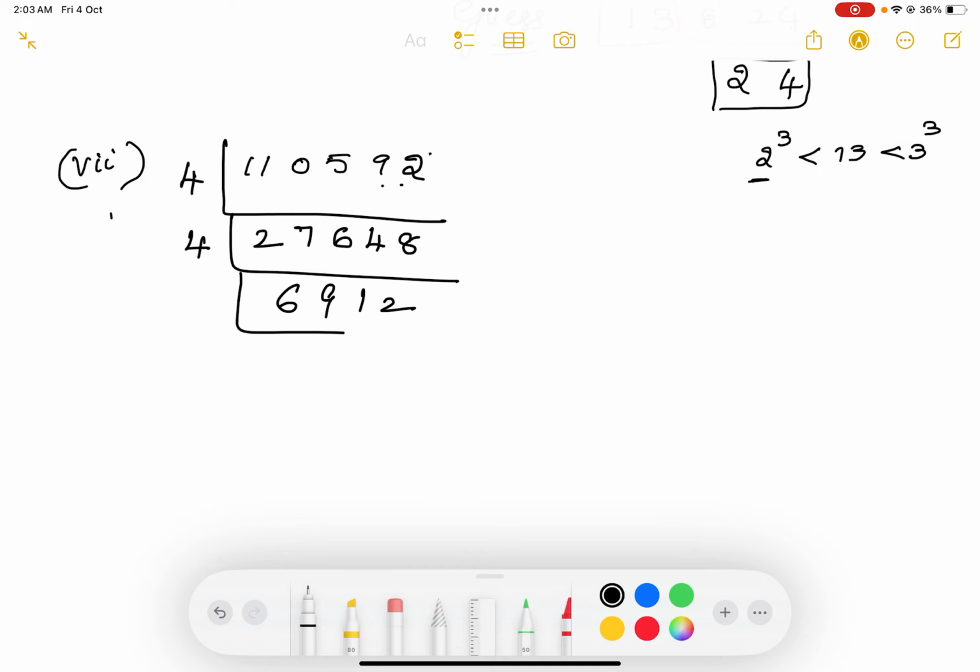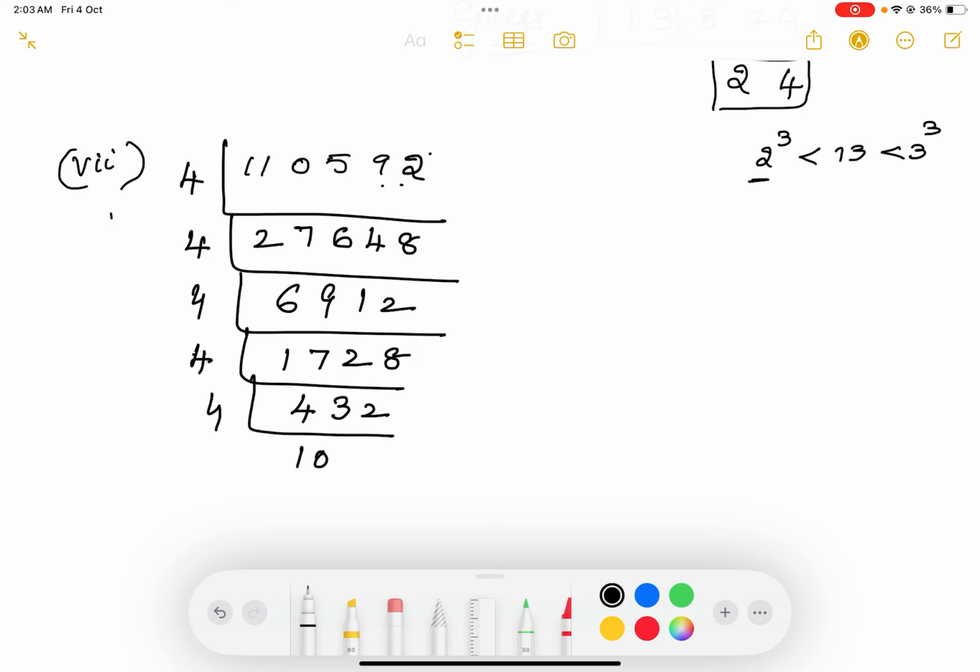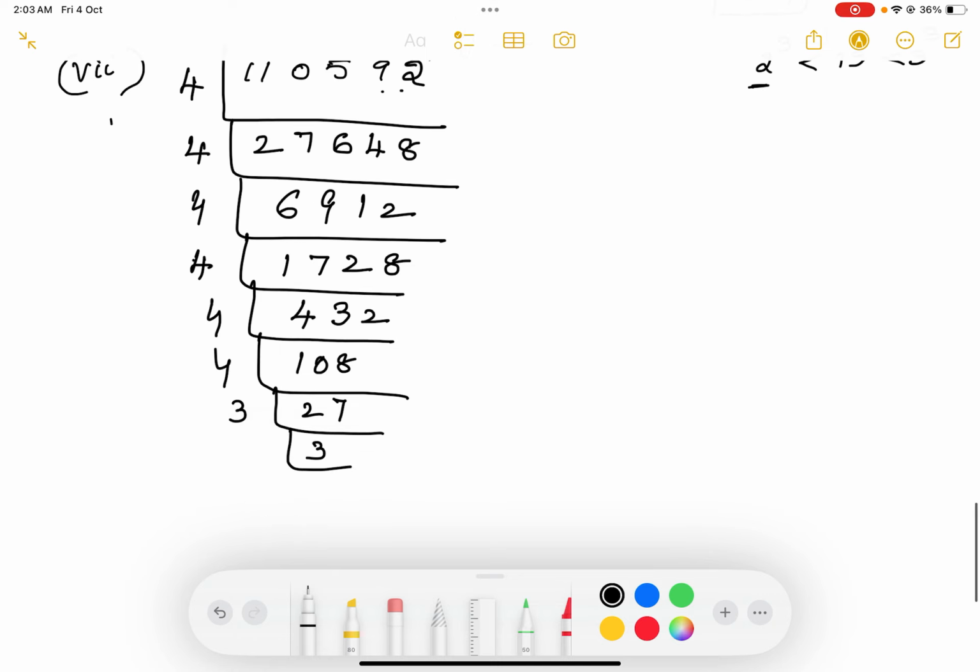4 1s and 4 2s. Again 4 1s and 29 means 4 7s are 28. And 11 means 4 2s are 8. And 32 means 4 8s are 32. Again 28 is divisible by 4. So 4 4s are 16, 4 3s are 12 and 4 2s are 8. Again 4 1 0 8. Again it is 4 2s and 4 7s. Again now, of course 3 we know that it is the cube of 27. 3 cube is nothing but 27. So we write 3 times of this one. So this is the process.